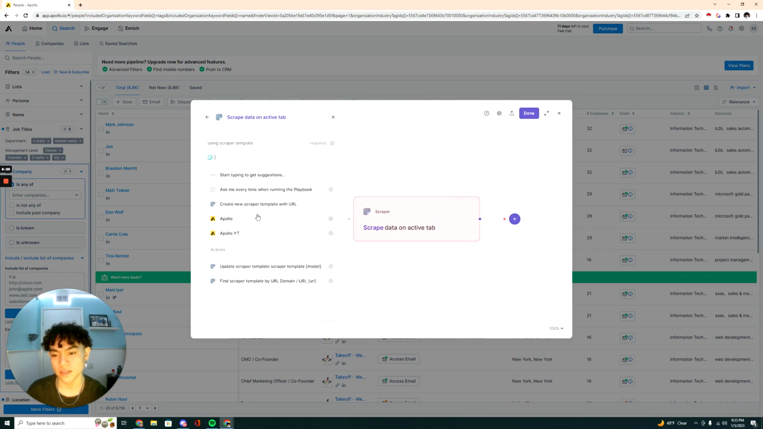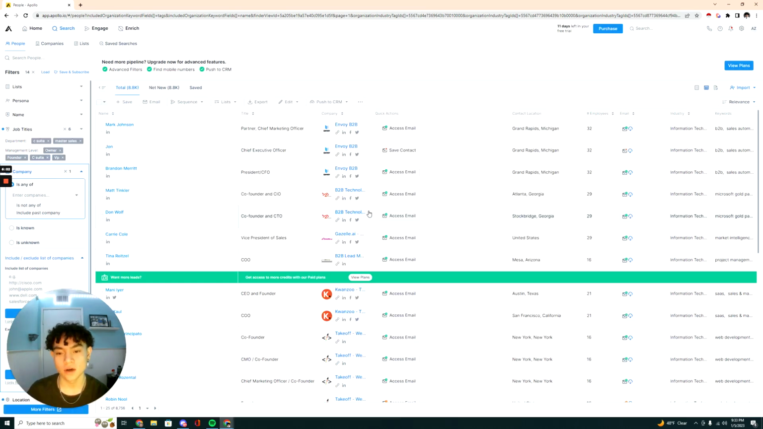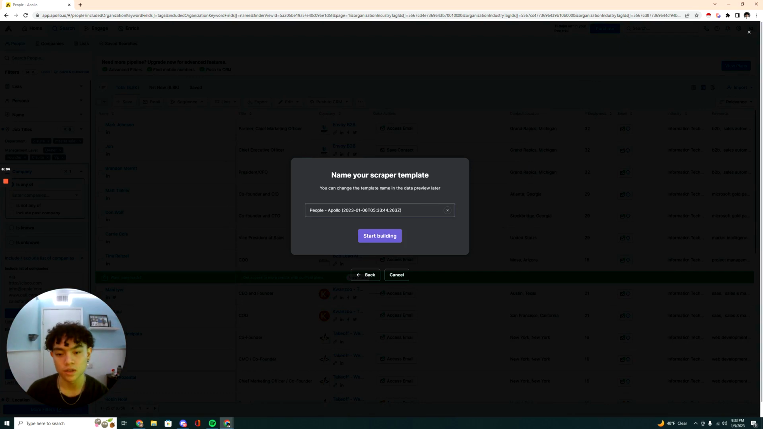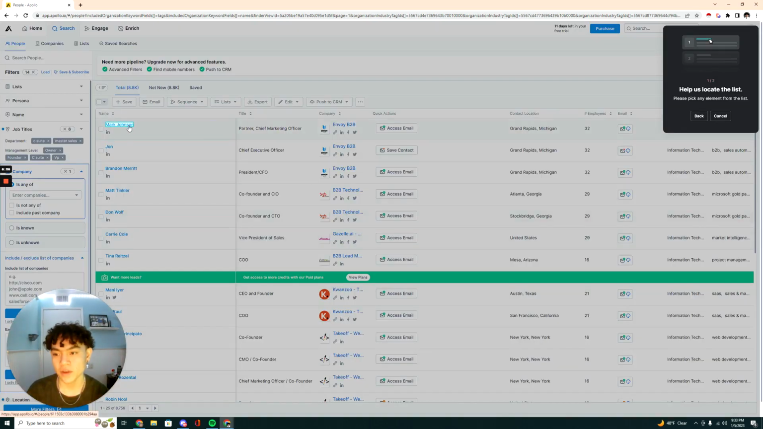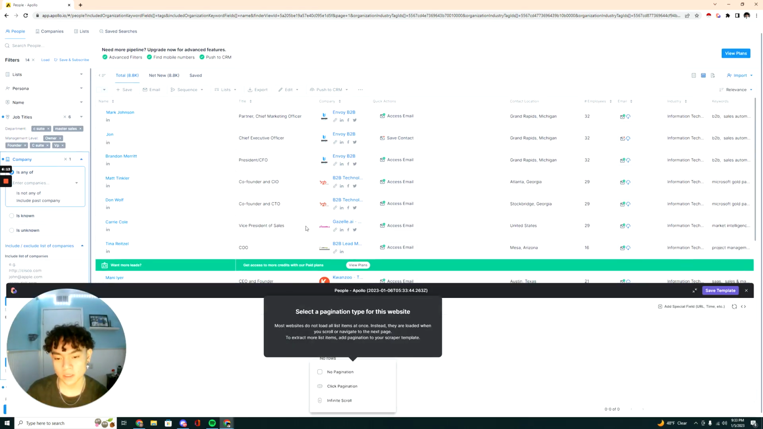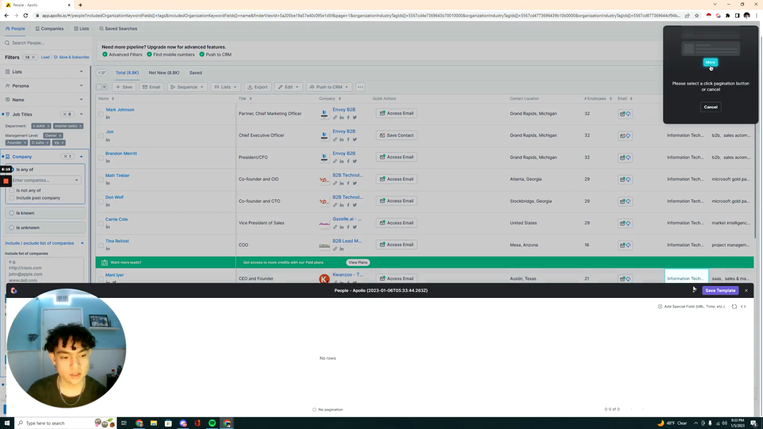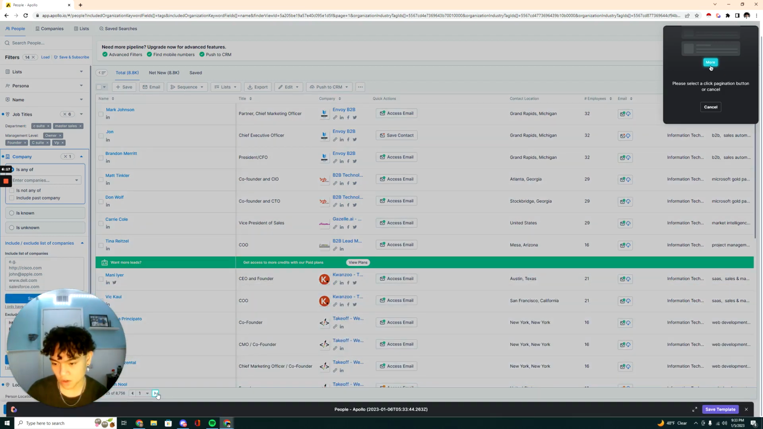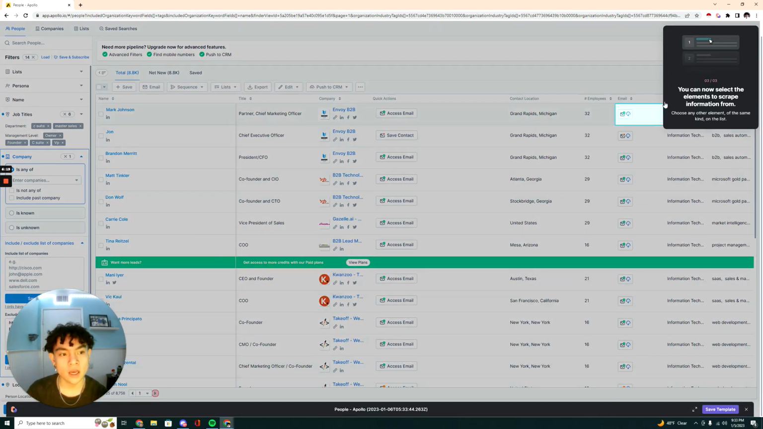Sorry, I need to show you how to build the actual scraper template. From here, you choose list, and you click on two elements from the list. So Mark Johnson and John, those are two names on the list. The pagination is click pagination, so I'm going to click here. That's how you scroll to the next page. Then from here, you choose the elements you want to scrape. I'm going to choose to scrape this, which is name,